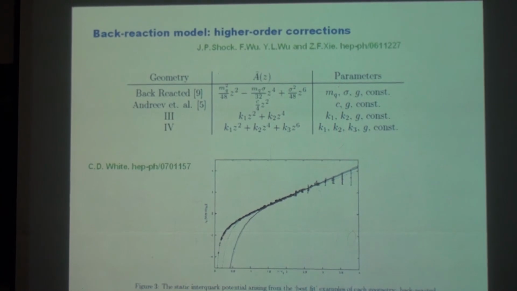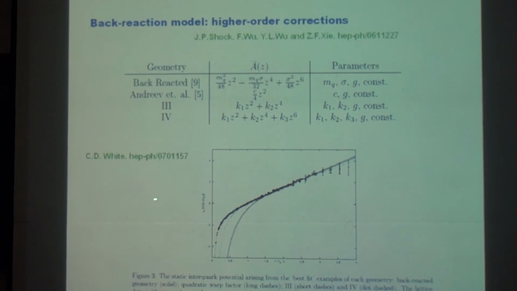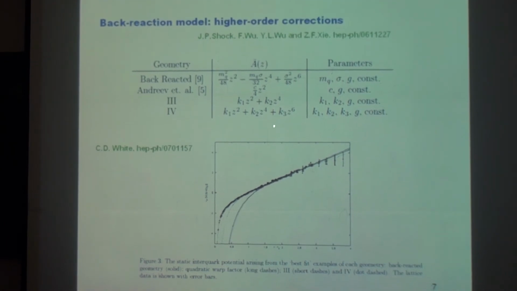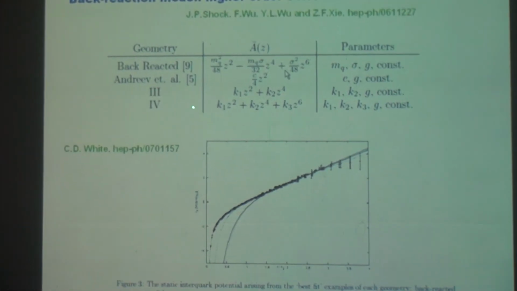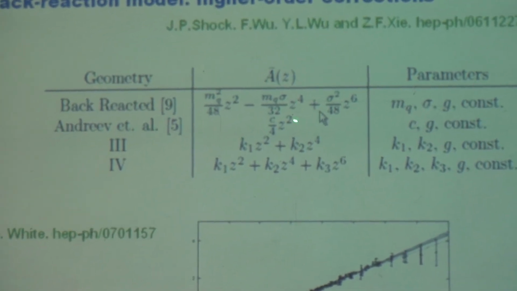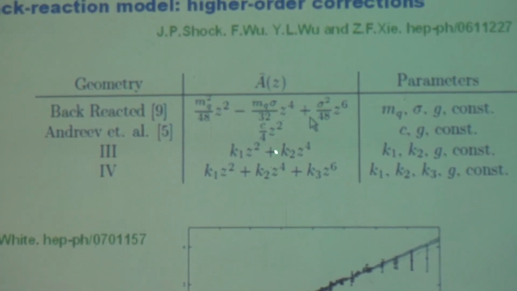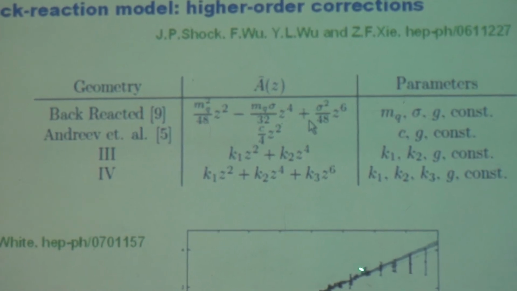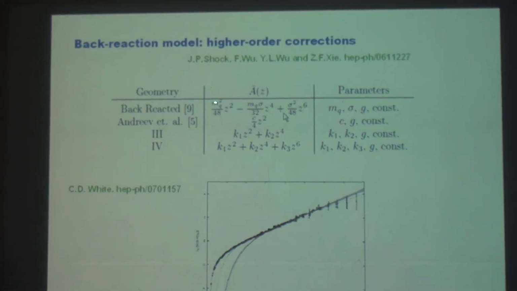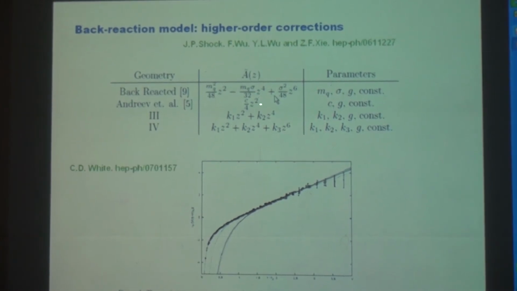And of course, many other people also tried. For example, in this paper, he tried many kinds of deformation. And then they found that actually this Andreev-Zakharov simple quadratic term deformation works better than the others. Even though other deformations introduced more parameters, this simplest one works better.